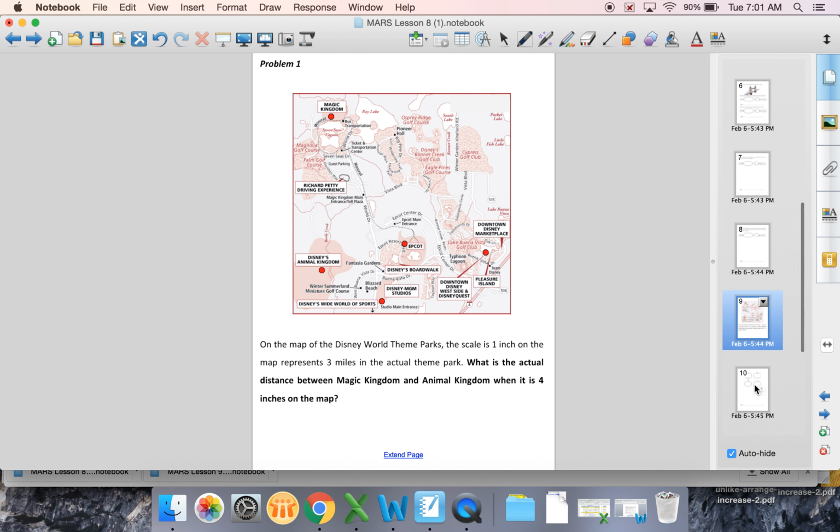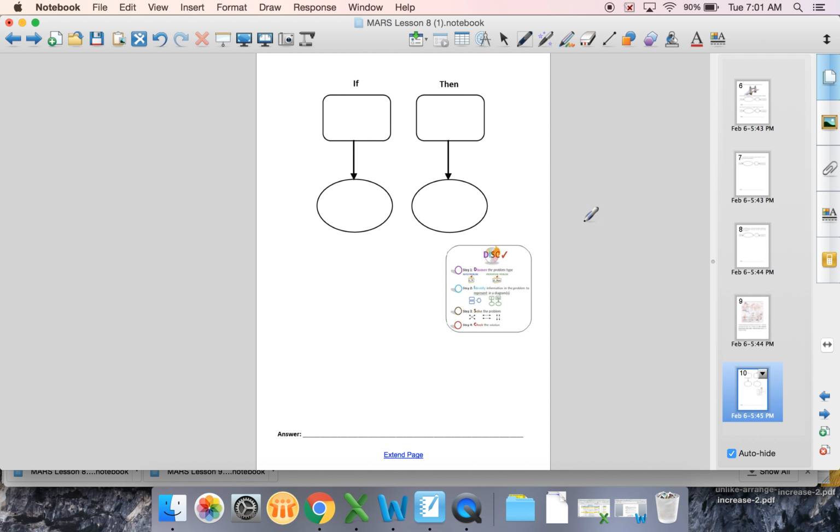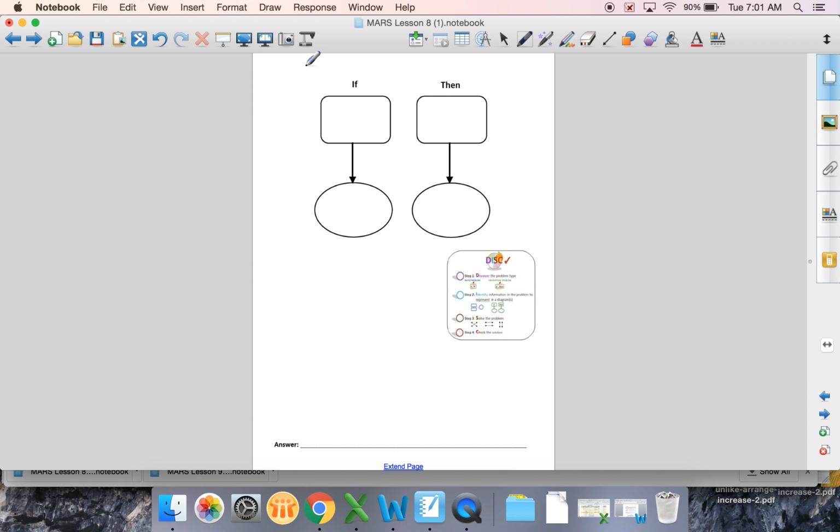In order to do this, we need to fill in our if-then. Our if is we have a scale factor. If 1 inch represents 3 miles,